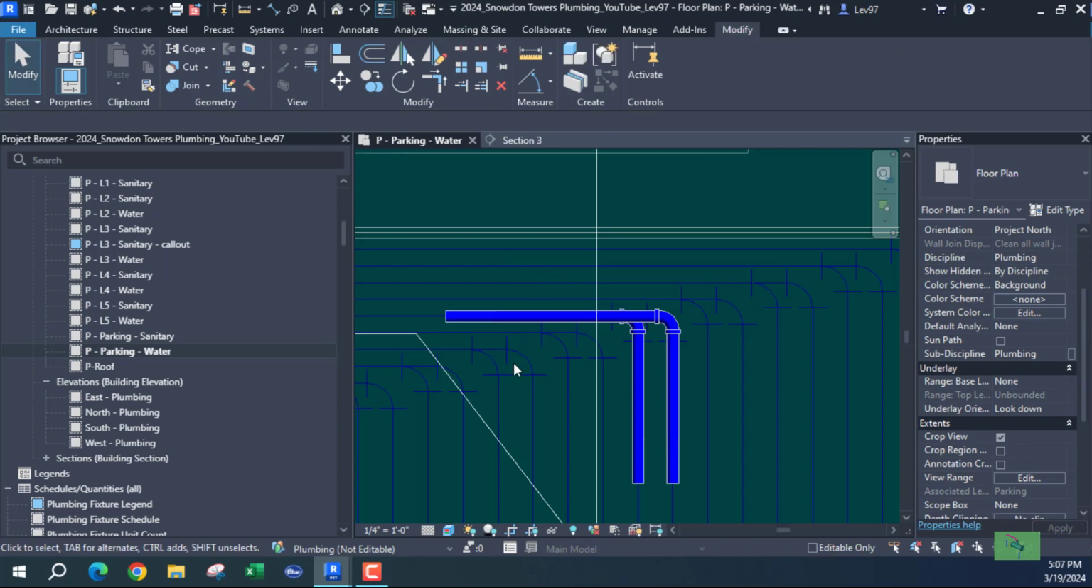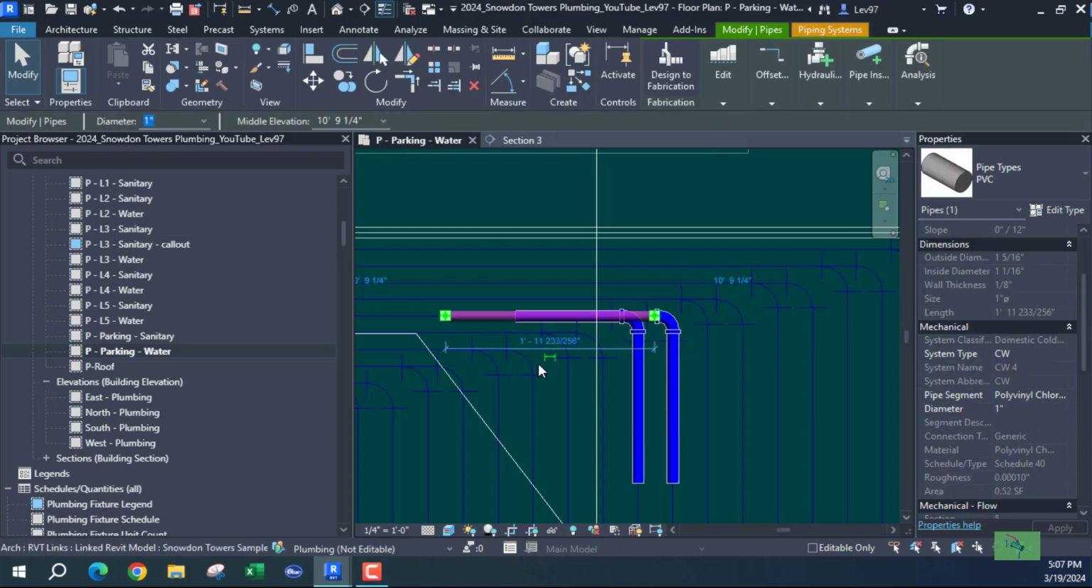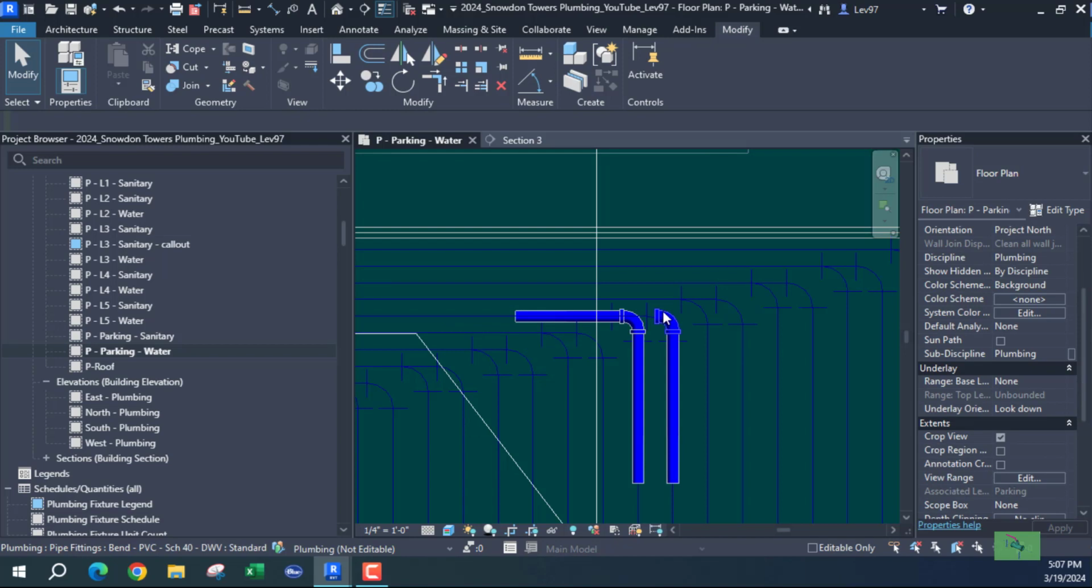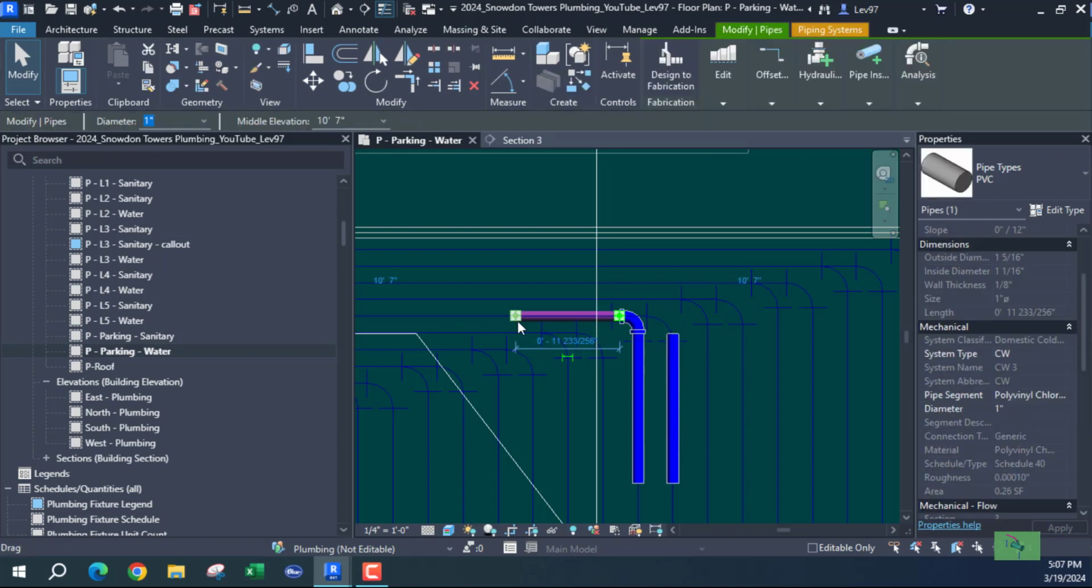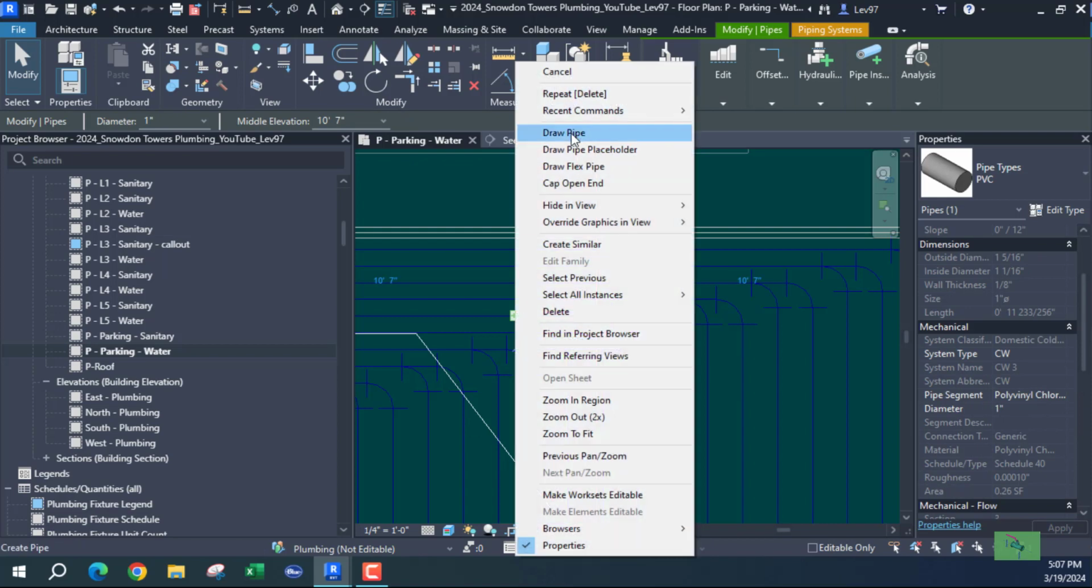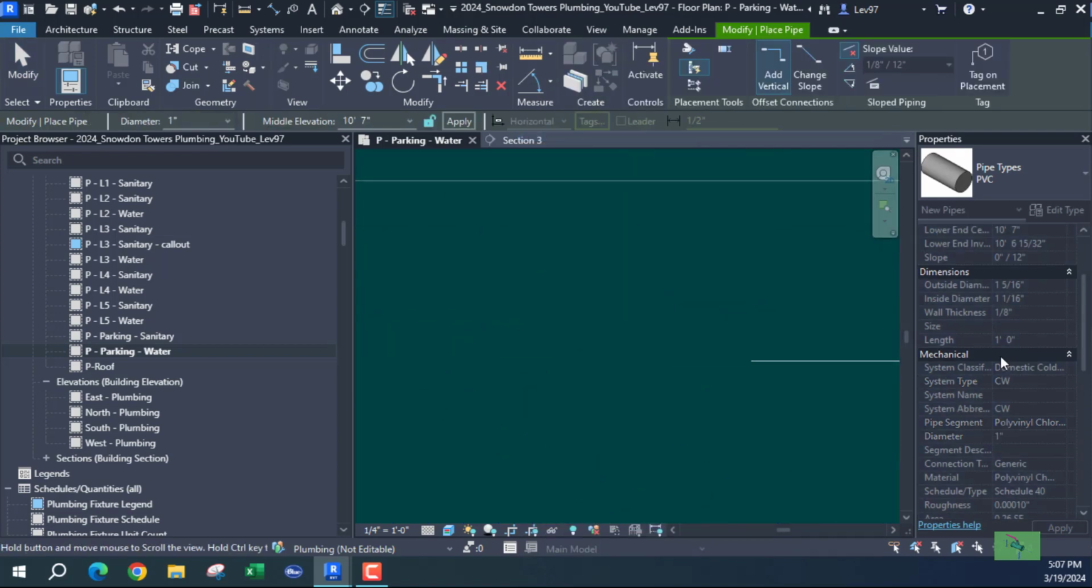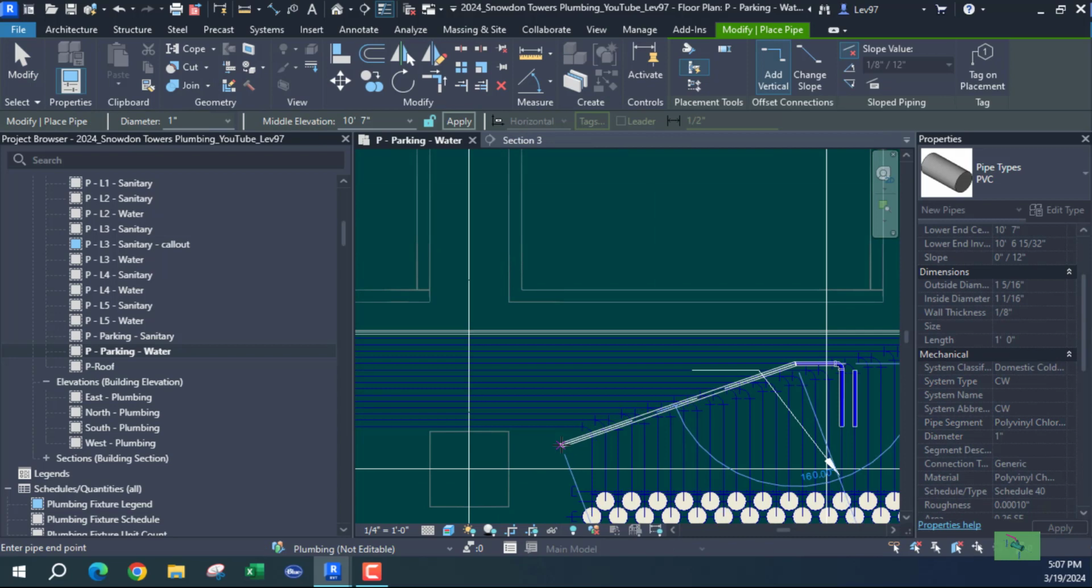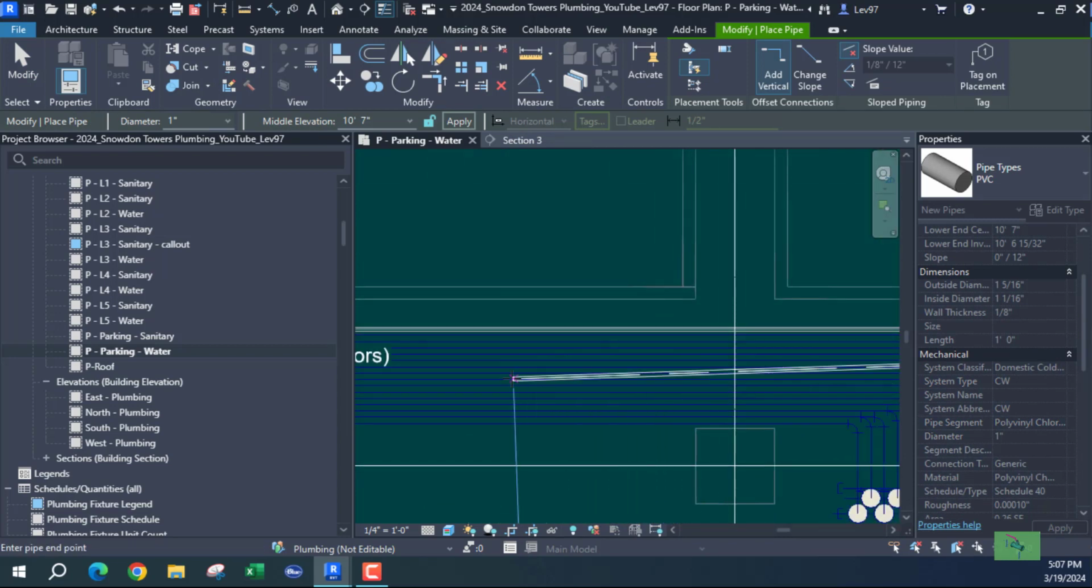I think what I want to do, I want to concentrate on not this one. Now I know I have the right elevation. Now this is the pipe that is going up to the roof. So I'm going to follow the